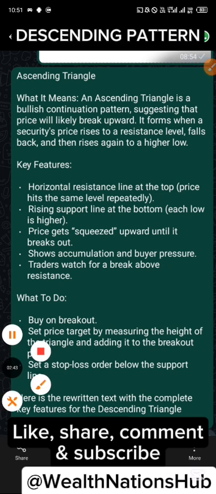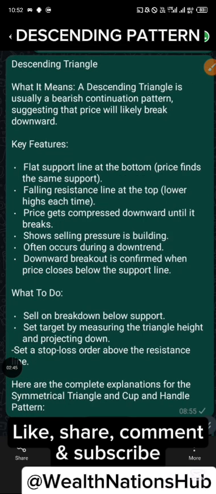graphical demonstration. And in the same vein, the descending triangle is usually a bearish continuation pattern suggesting that price will likely break down. Key feature: a flat support line at the bottom. I will be demonstrating that for you as we proceed. A falling resistance line at the top, and the price gets compressed downward until it breaks. It shows selling pressure is building, and it occurs during a downtrend. A downward breakout is confirmed when price closes below